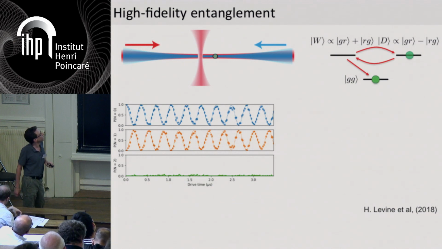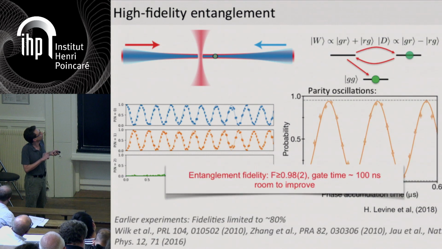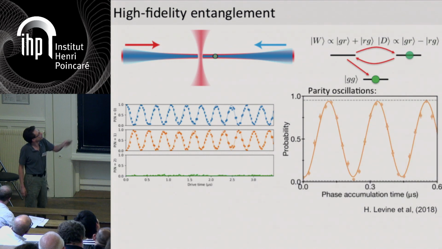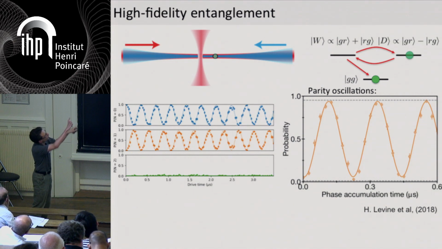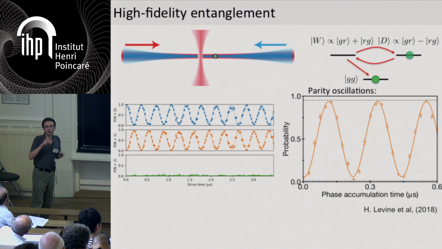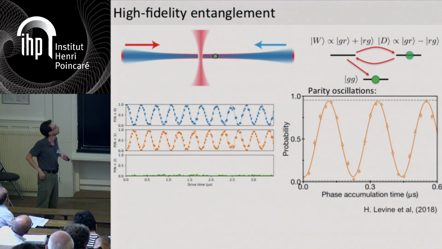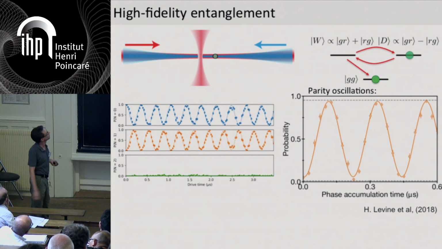state here. And when we plot the population of this many-body ground state after this procedure, it can be shown quite straightforwardly by writing the density matrix that the oscillation, the amplitude of this oscillation of the population of the many-body ground state here, when we vary the phase accumulation time due to this extra beam. So the contrast of these oscillations is a measure of the coherence of the W state here, the non-diagonal elements of the corresponding density matrix.